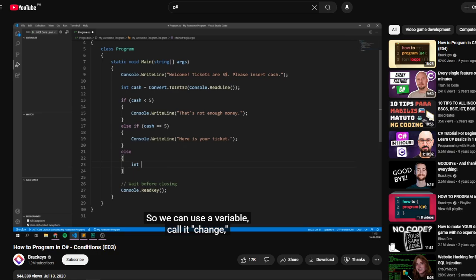So we could use a variable, call it change, and set it equal to the amount of cash that is